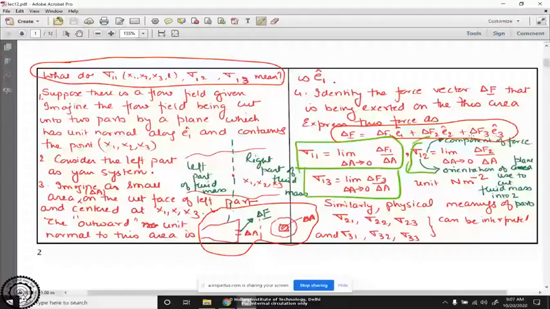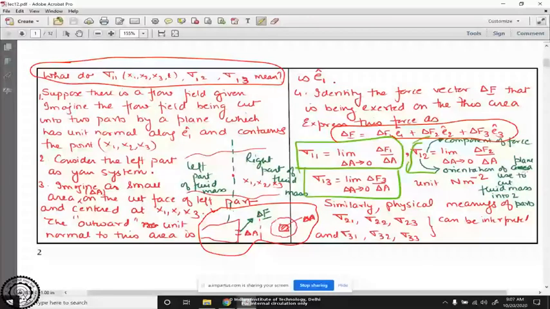Okay, then sigma 1,1 is defined as what I have shown here: delta F1 by delta A, limiting value delta A going to 0. Sigma 1,2 is defined as limiting value delta A going to 0, delta F2 by delta A. So the first index is actually telling us the orientation of the plane, or